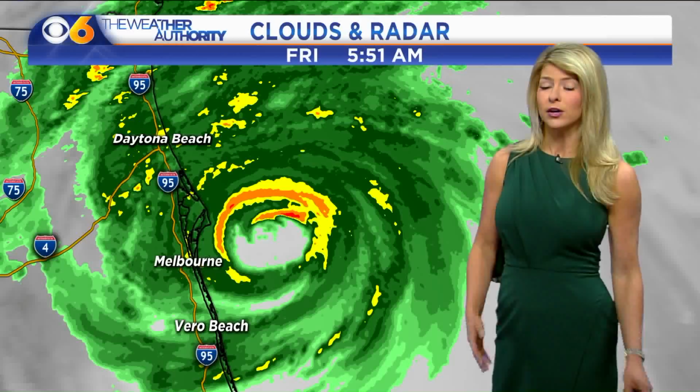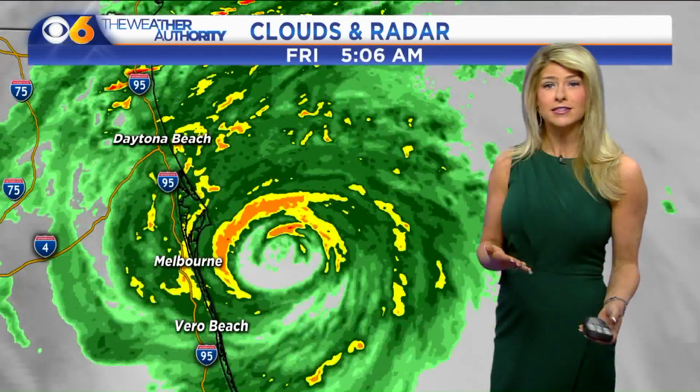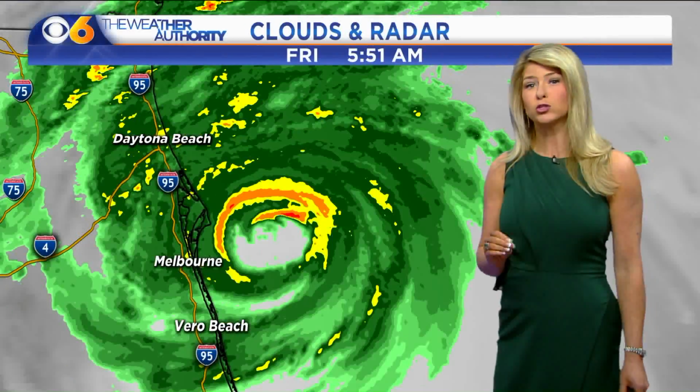And we also have Hurricane Nicole that has strengthened yesterday. She was a tropical storm this morning, coming in at a Category 2 hurricane. Winds are sustained at 100 miles per hour. So she is beginning to strengthen, and thankfully Matthew has weakened just a bit. But simply due to the fact that he has weakened doesn't mean we are in the clear. Actually, things are going to get a little more gusty, and heavier rain is about to push right along the